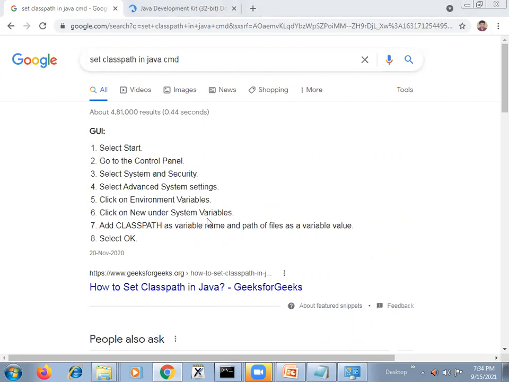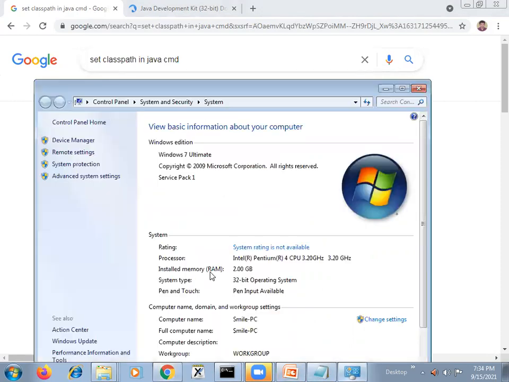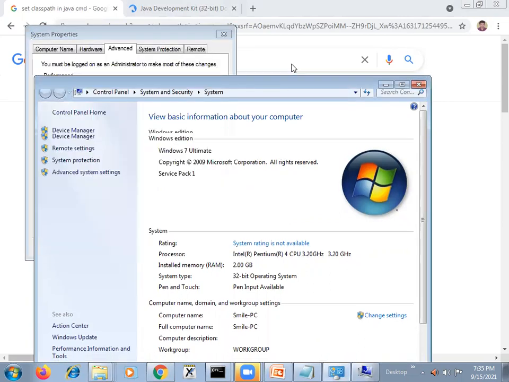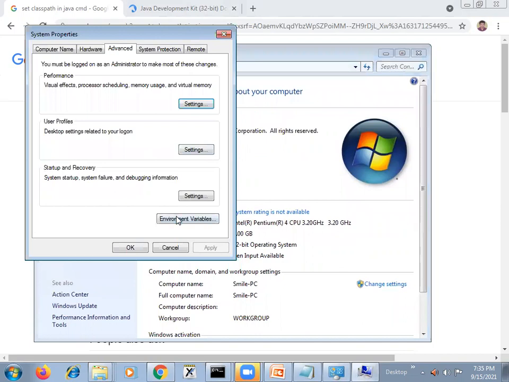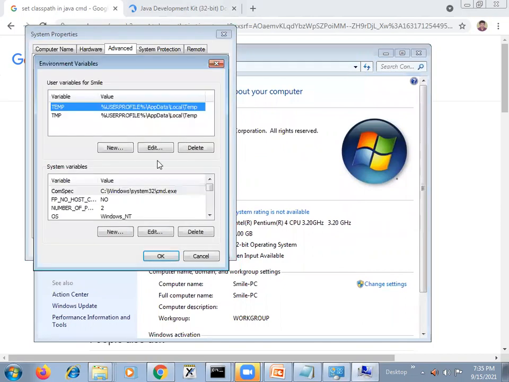New system variable class path he has added. Okay, so here what we did, advanced system setting. Okay, so environment variables. So in user variable you have not added any path. No? Okay, so what he has given,